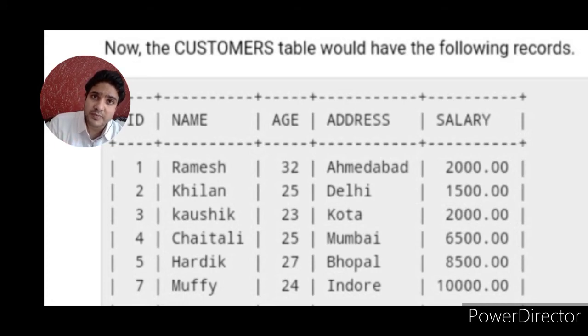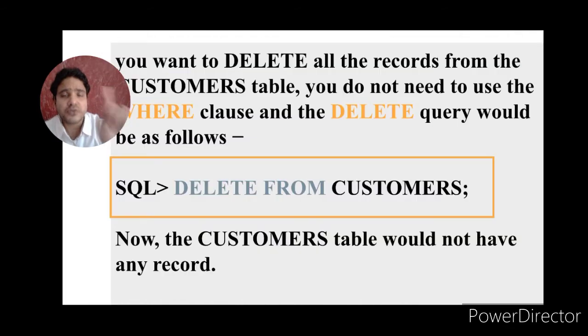Sixth row has been deleted. According to the conditions, ID is 6 and all other rows remain unchanged. But if the user wants all rows to be deleted from a table while the table structure is maintained, the table structure is not going. So the user will write here: delete from customers, in which case there are no rows in a table.